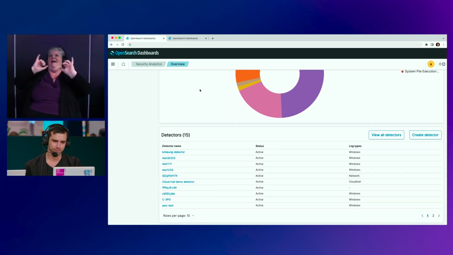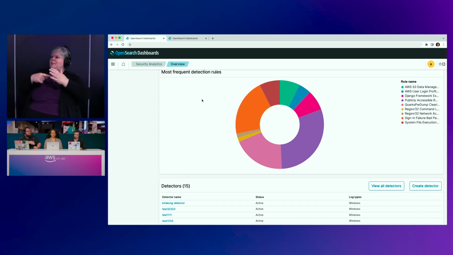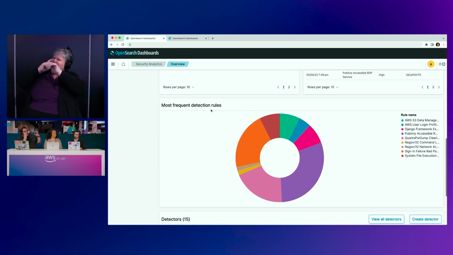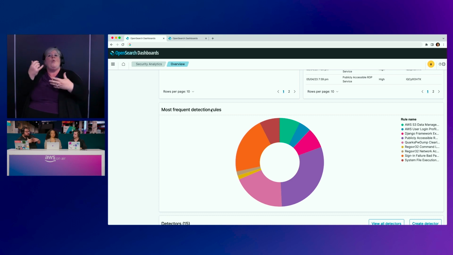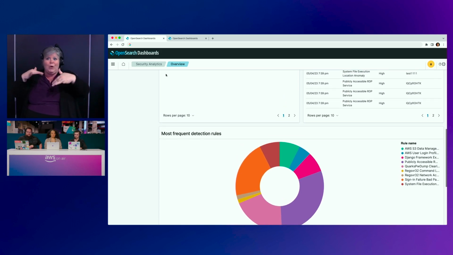Well, not only pretty, but this is also telling us that most of our findings are from a particular rule name. So if we look at tuning our alerts or how we're going to receive information, if we have something that's firing off too much, maybe because the alert's not contextually aware that it doesn't really apply to our environment, it helps us with our tuning. Mm-hmm. So we can have higher fidelity, a lower noise-to-signal ratio. Yep, absolutely.